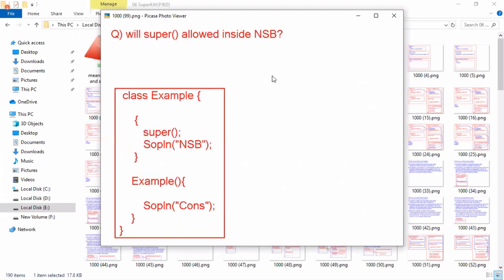Next, will super parenthesis be allowed inside a non-static block? If super parenthesis is placed inside a non-static block, all you people know a non-static block is moved into the constructor, right?